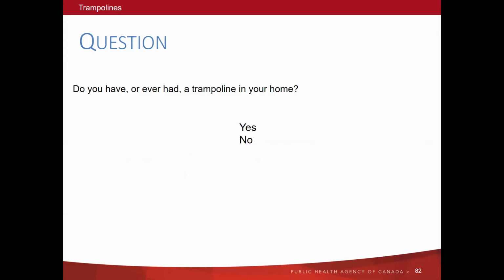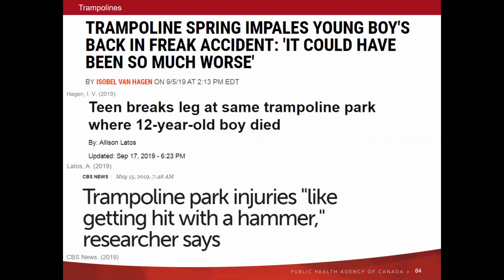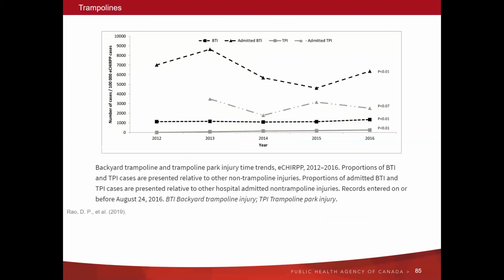For the people who do have some trampolines, you might be interested in some articles. These are some news articles that I picked out from online newspapers. As you can see, trampolines can be very dangerous, but even knowing the dangers that trampolines pose, previous eCHIRPP data has revealed that